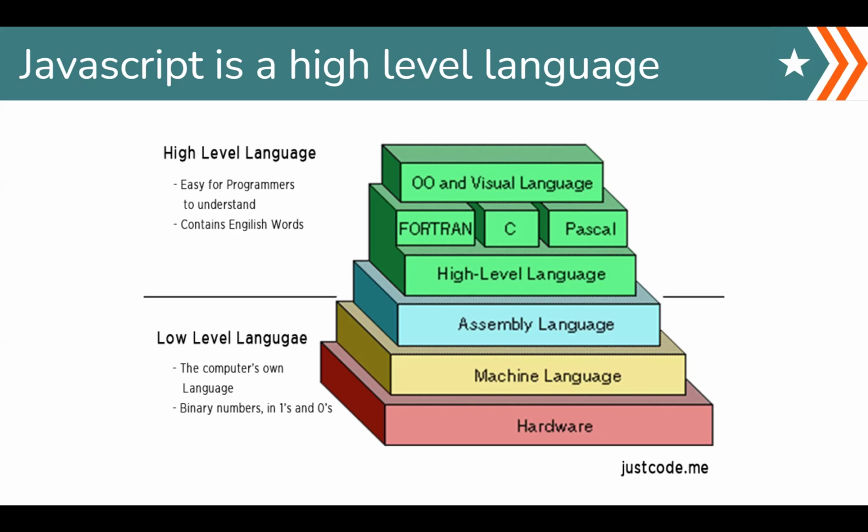Low-level languages are languages like assembly, which is one of the first languages, if not the first, I believe, that was used to communicate with computers. It used to be taught in colleges. I don't know if they still do, but assembly is able to really focus on the hardware. These languages use a lot of binary code as well. Not very easy to pick up. If you ever encounter a program written in assembly, you'll see how confusing it is. And JavaScript is going to allow us to ignore all that extra mumbo jumbo and really focus on the meat and potatoes of our application.